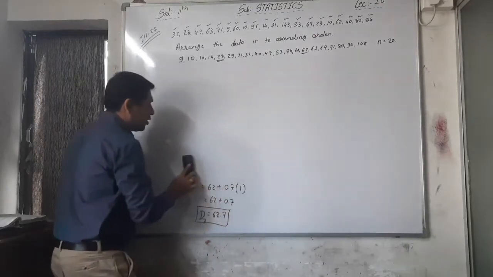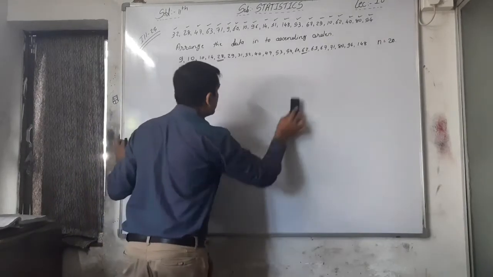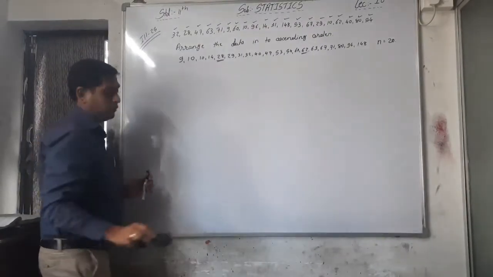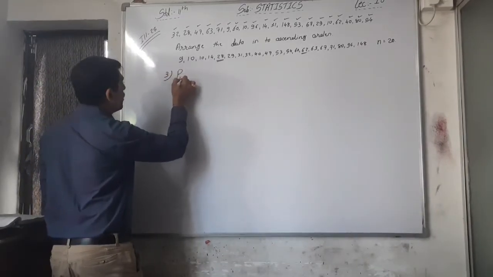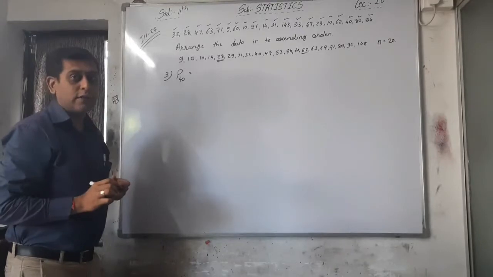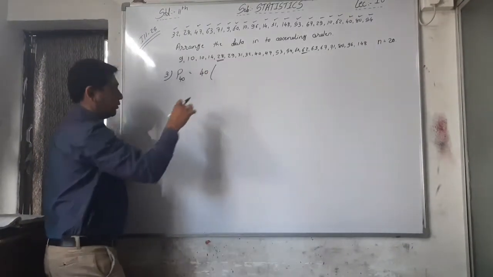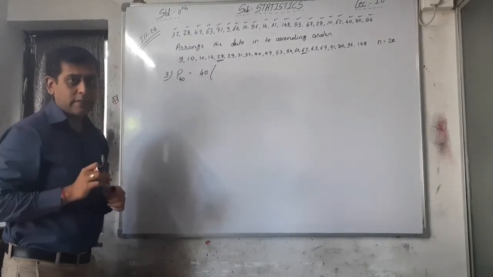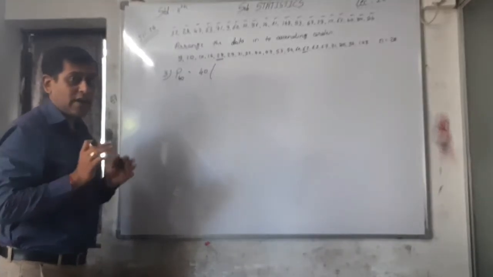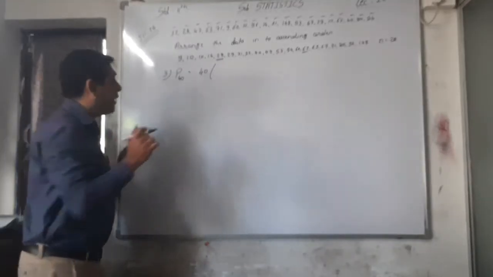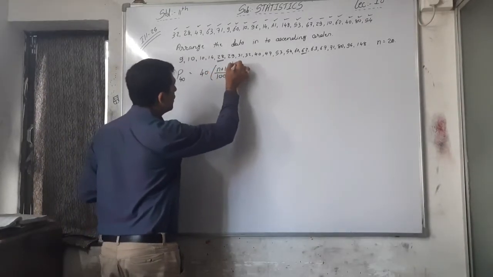You have to write all these things into your example book, compulsory. Now the third question is P40, that is 40 percentile. What is the formula for that? 40 into bracket. Now see, we have to find out percentile, so we have to write 100 into the denominator because we are dividing the data into 100 equal parts. That's why n plus 1 divided by 100 observation,